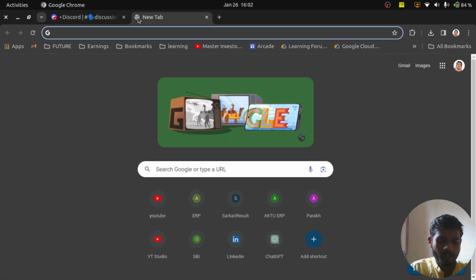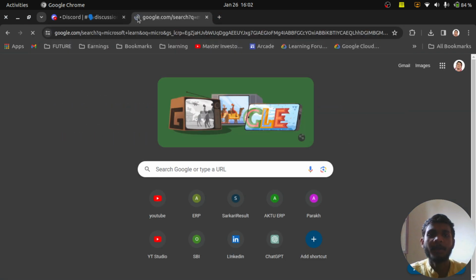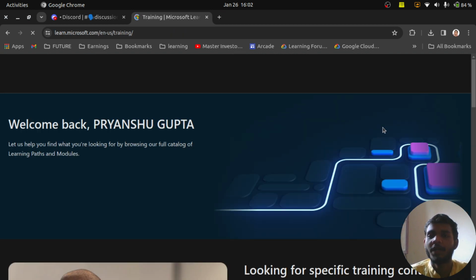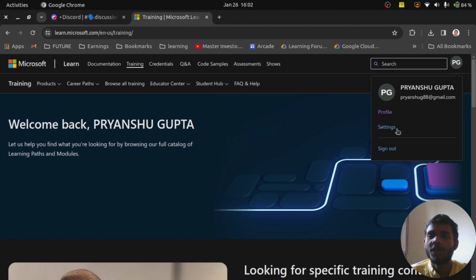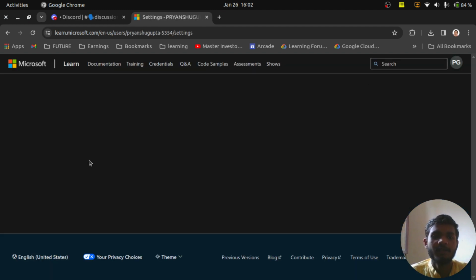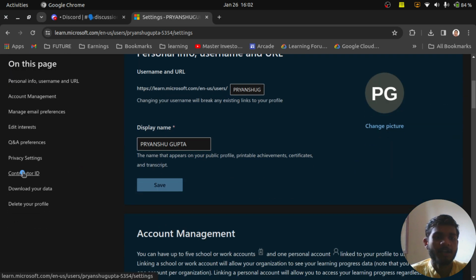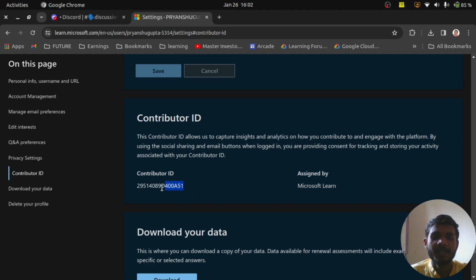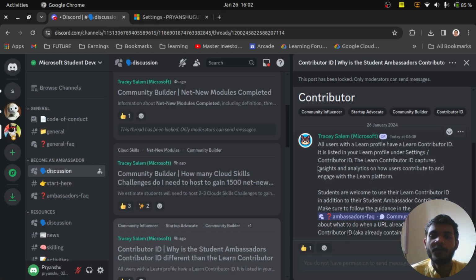Okay, so if you have a Microsoft Learn profile, then go to the Microsoft Learn profile which you have used for your training, and go to settings. Okay, go to settings, and in the contributor ID section, here you will get your contributor ID assigned by the Microsoft Learn team. Okay, so this contributor ID can be used to track the progress of your Microsoft Learn program, but